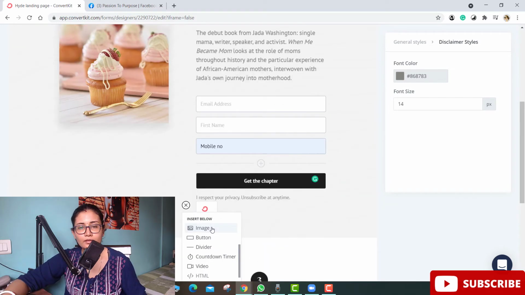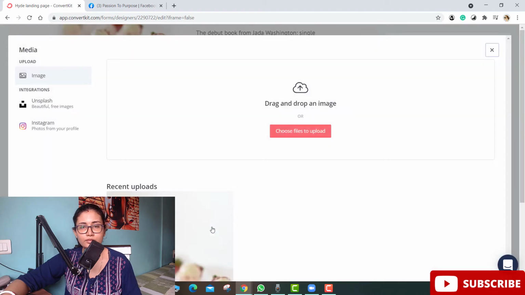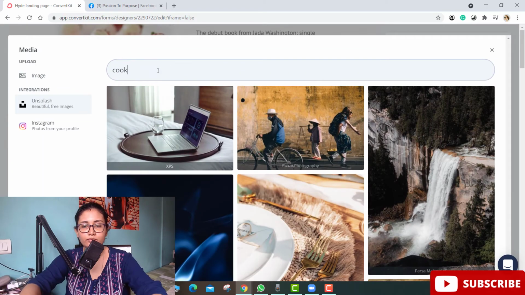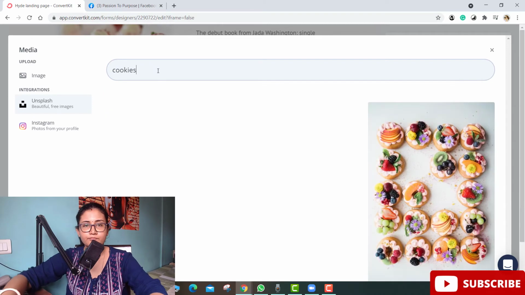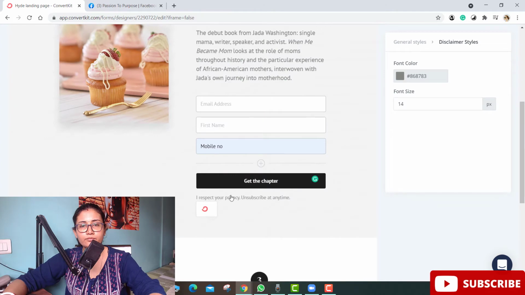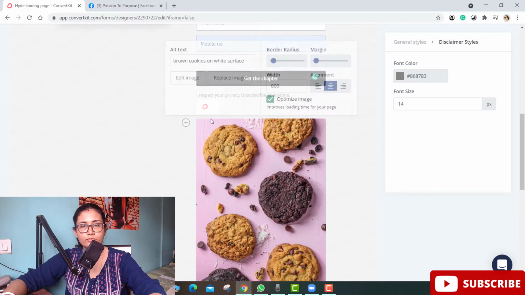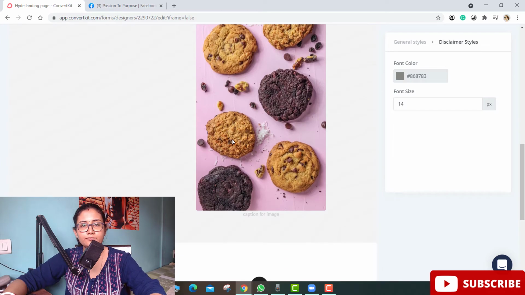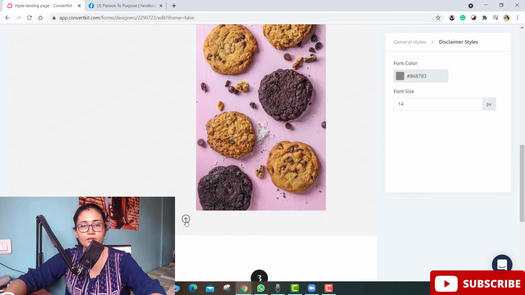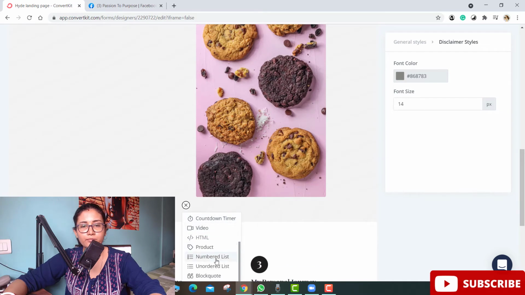So suppose I am adding some cookies. You want to show that cookies photo, and then you can create a button.